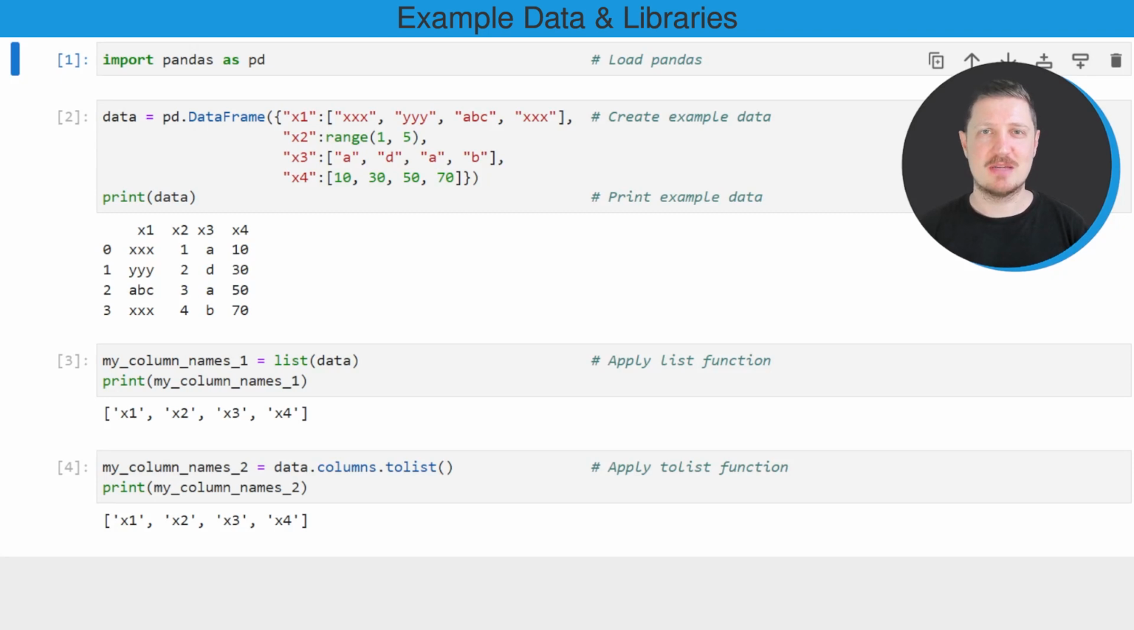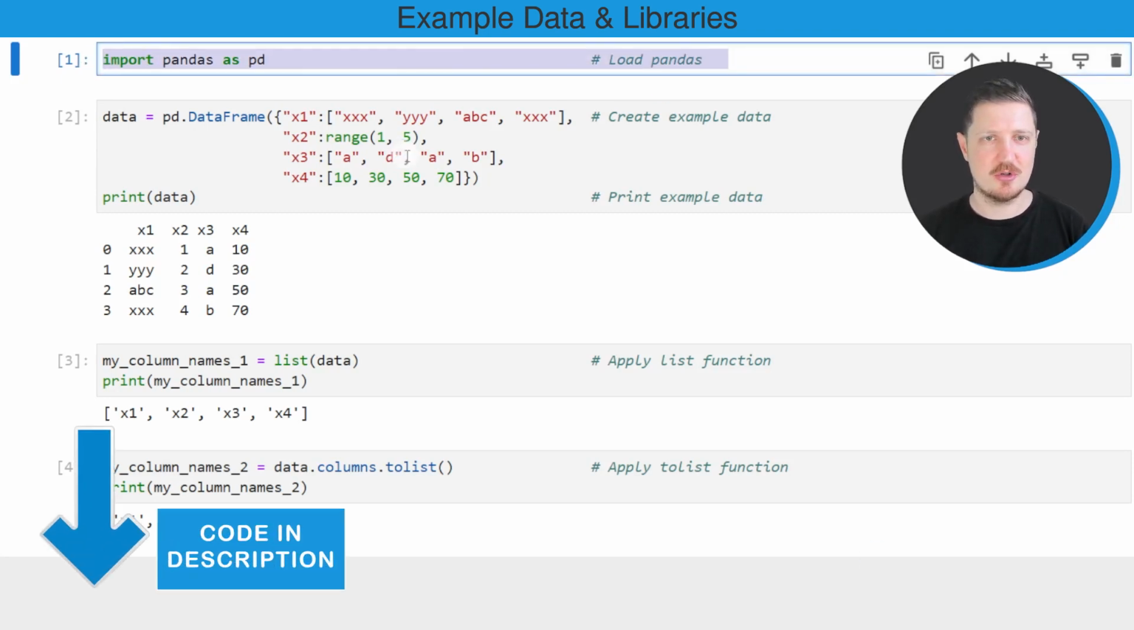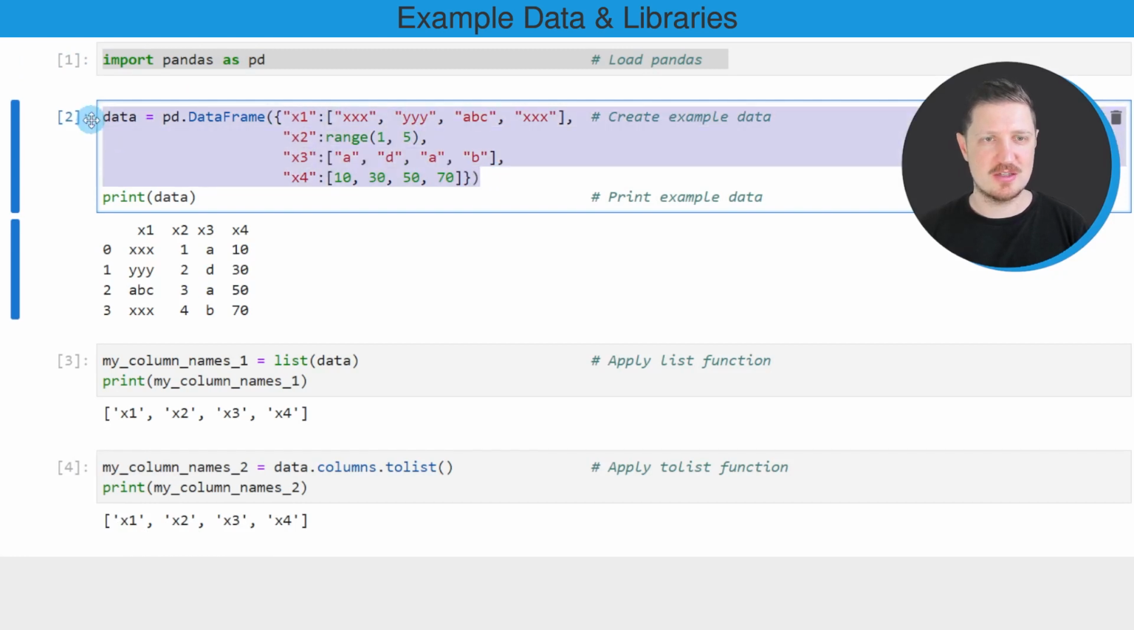As a very first step for this video, we need to import the pandas library, as you can see in the first line of code. And then we also need to create an example data frame using the data frame constructor. So after running these lines of code, a new data frame called data is created. And we can print this data frame below the code box using the print function. And then you can see that we have created a data frame containing 4 rows and the 4 columns x1,